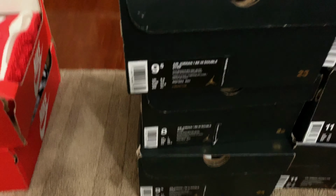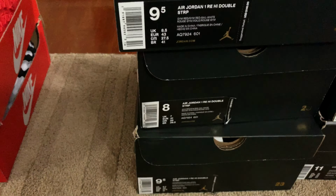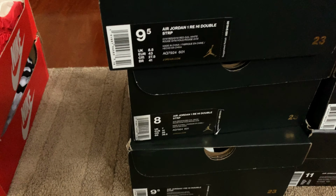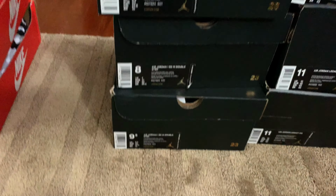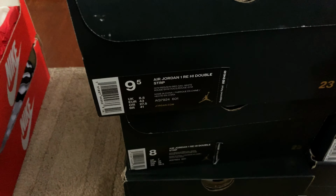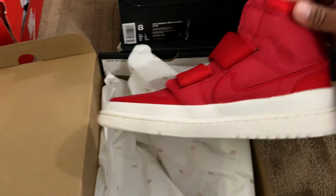Alright, next one, we got Air Jordan 1 Dre High Double. Colorway is Gym Red. We got 9.5 and size 8 right there. And boom,